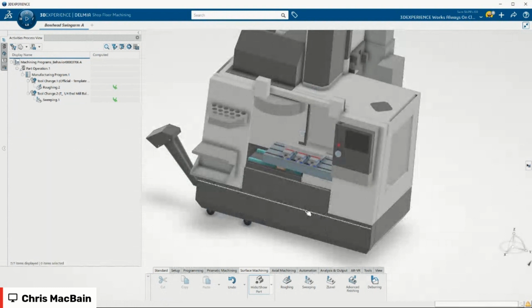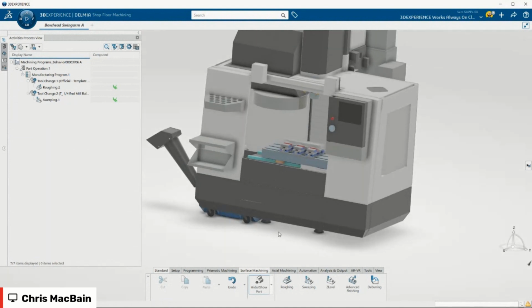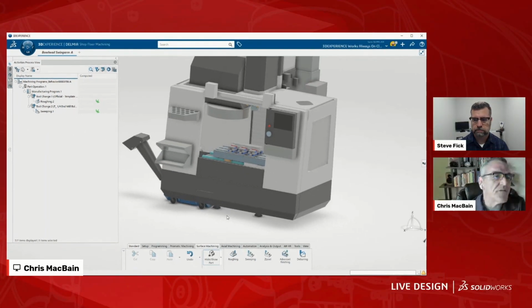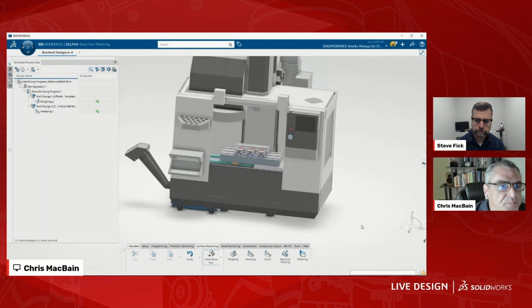Everything not only happened in the same window, right? Each app worked in the same program, right? I never left this. It's amazing. This is the part that's incredible to me. You don't ever have to bop over from Mastercam to SolidWorks or SurfCam to something else. It is just absolutely amazing.